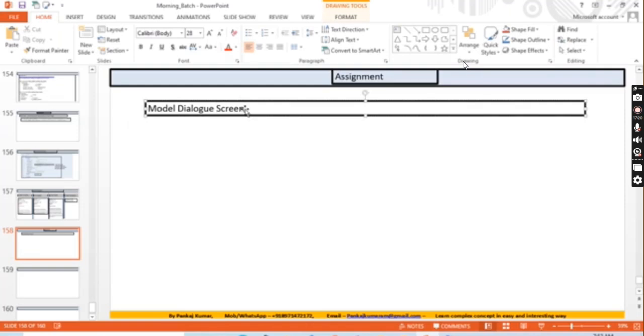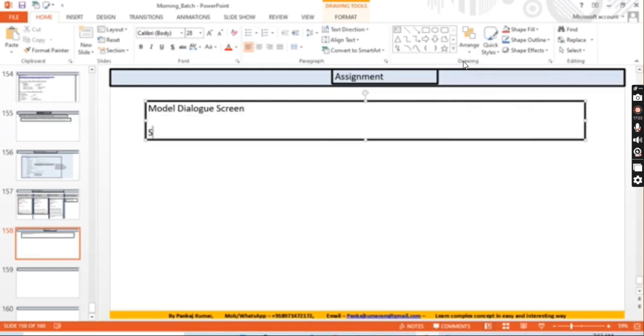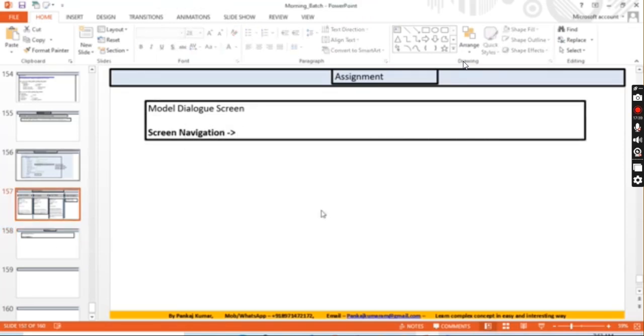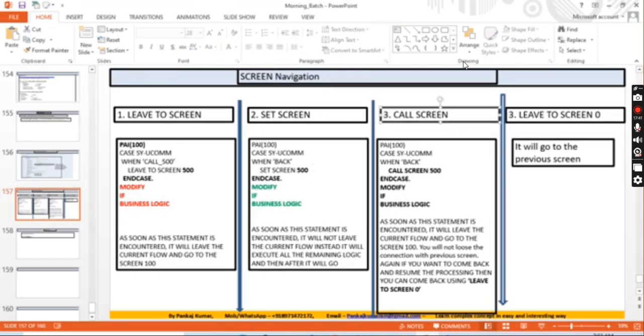Please practice that one. The screen navigation is a very important one. You should understand screen navigation, though in interviews it is not so frequently asked. I've never come across any question from this screen navigation. But we should know, suppose someone asks what's the difference between leave to screen and call screen.